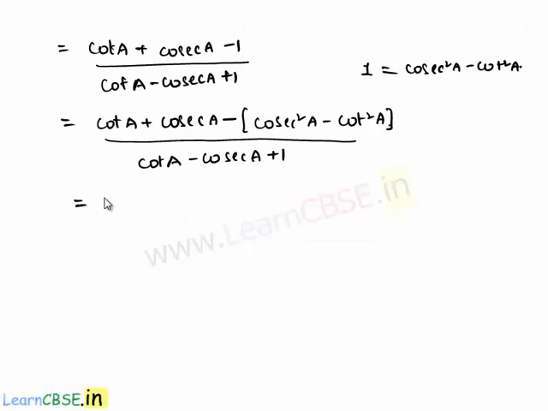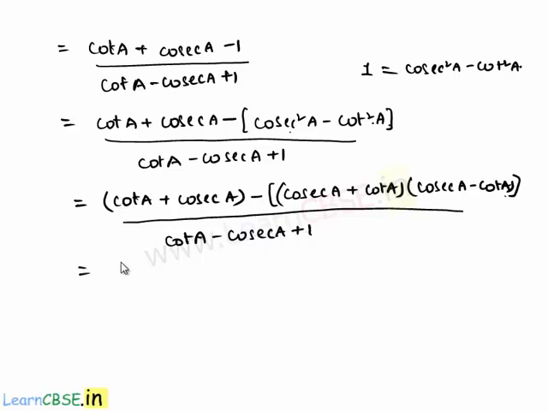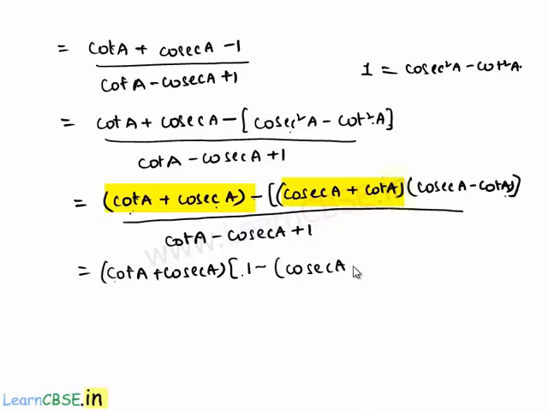which is equal to cot A plus cosecant A, let it be in one bracket, minus, this is in the form of A square minus B square, that can be written as A plus B into A minus B, whole divided by cot A minus cosecant A plus 1, which is equal to, let us take common cot A plus cosecant A, whole of 1 minus, here we will be left with cosecant A minus cot A,